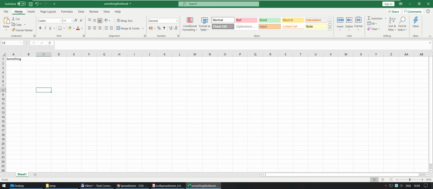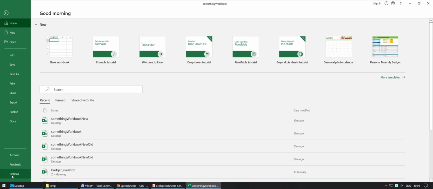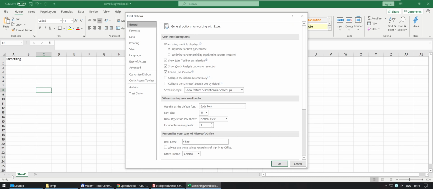Now, how to customize what's being shown up here, and that obviously drives what's being shown down here, is going to be in Options, which is in File. Depending on your version it might look slightly different, but it's always going to be Options on the bottom left hand side. And you have to come into Customize Ribbon,